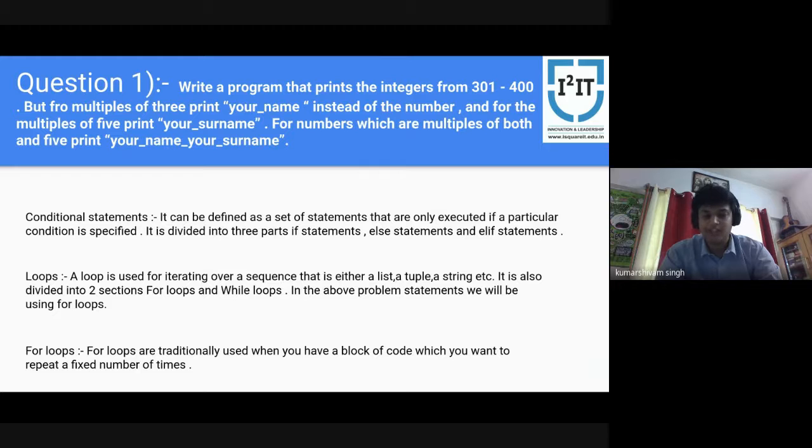The main distinction is that with for loops you know the number of iterations, the number of times you are going to repeat a particular process. This is the reason we are using a for loop, because in the question, as you can see, 301 to 400, we know the number of iterations required to solve this problem. So let us look at the program